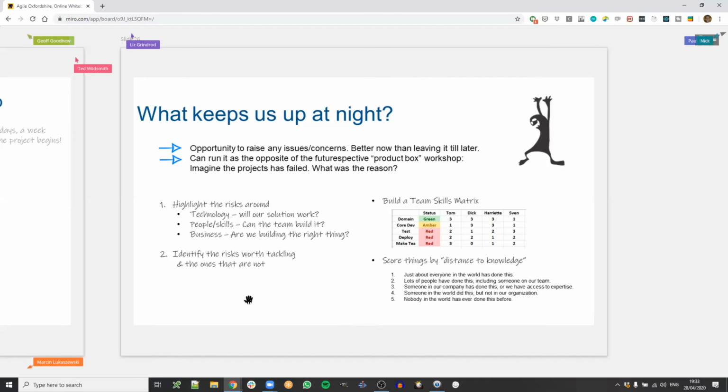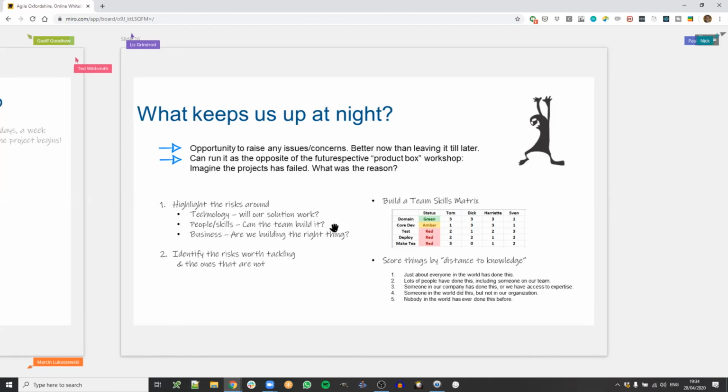So risk here is another kind of obvious thing that most project managers will do. Most people have a risk register and that kind of thing. But again, most people talk about project risk, and they don't often talk about what we call product risk. It goes back to the product vision and defining the success for the product. So you can talk about what would make the product fail as a product, like it's not used by enough people, or it's not shared enough between people, whatever it is. It's good to highlight those things, and also as a team.